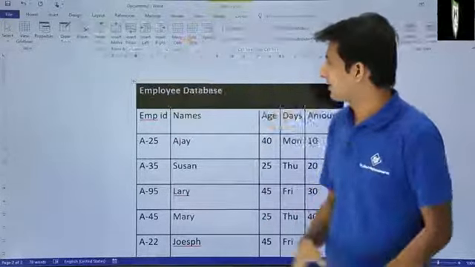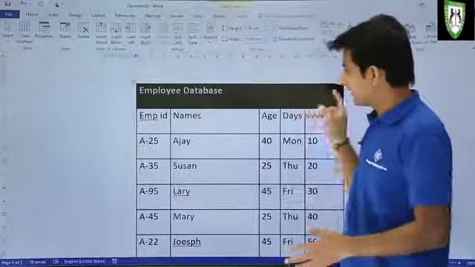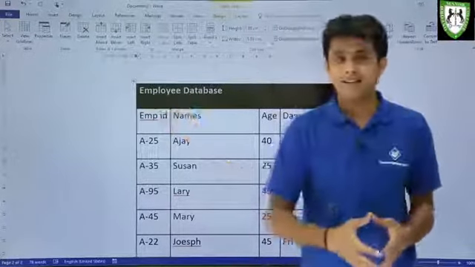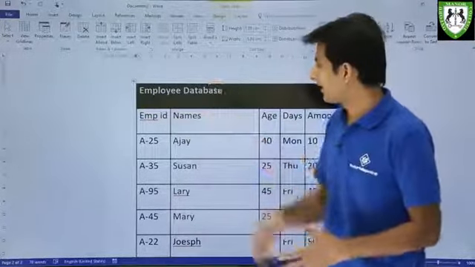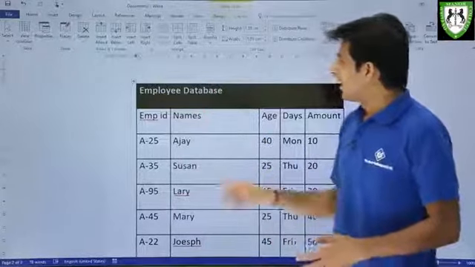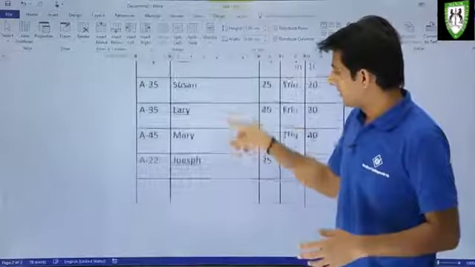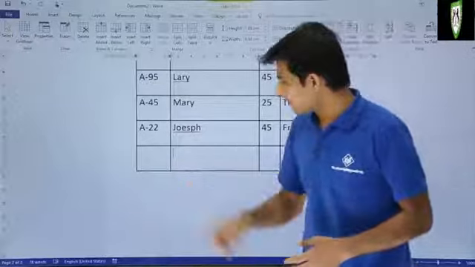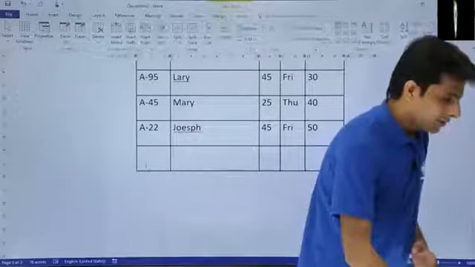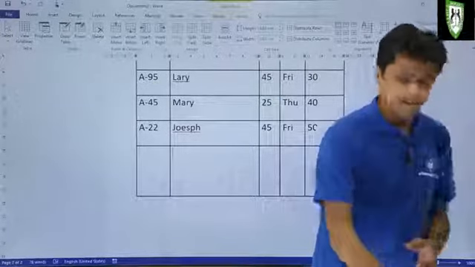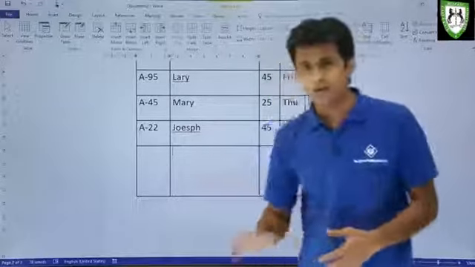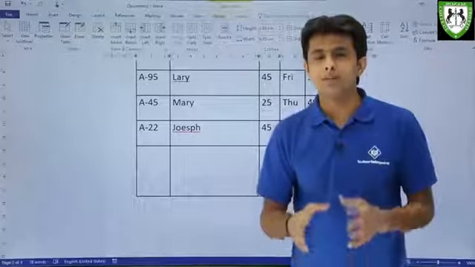So I'll click on merge cells. Now if you observe, the cells are merged and I can see that is the heading, right? That is nothing but the heading of the table itself. This is how we can merge it. And the next one is for splitting cells. I want to split only this cell into multiple columns and multiple rows.